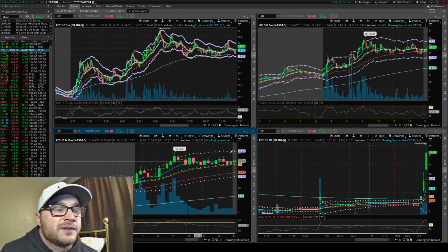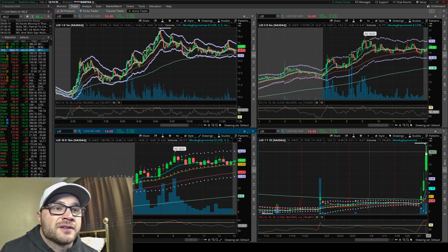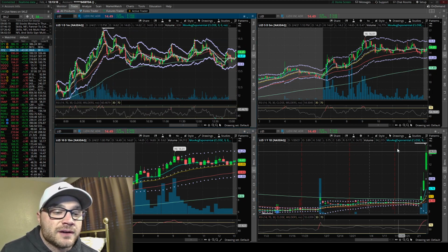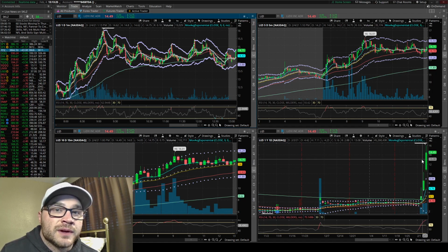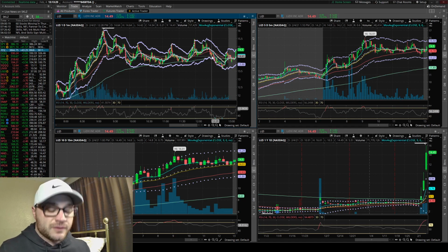Right, so still in the 15, stays up there. And then look on the daily. So 3 big green bars in a row. RSI on this now at 94, so I'd expect some profit taking on Friday tomorrow, but could potentially squeeze higher. But some people are going to get off the table. Big $4 to $16 range right there would basically be 4 times your money, tripling it up off your original